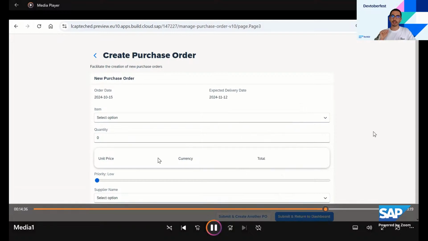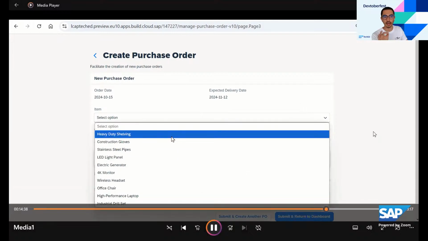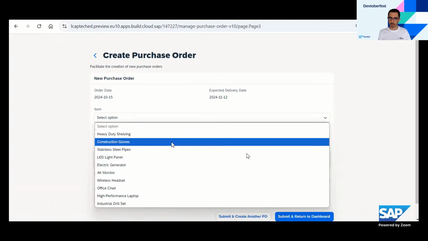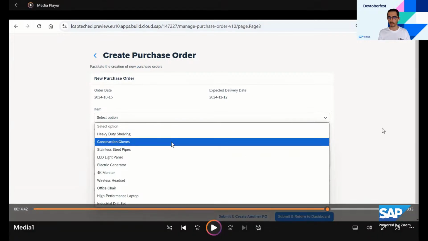And now I need to select an item, and all of those items are coming from the products data entity that we just loaded together with you in the backend editor part. So if you remember, we imported some Excel files, and one of those Excel files was for the item data entity. And once we have this, we can see all the data is coming to this